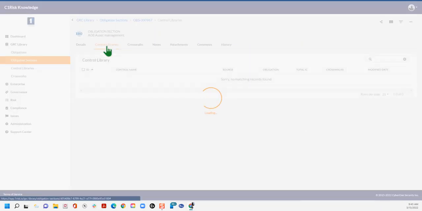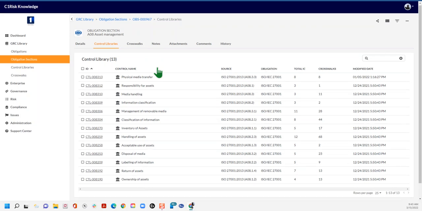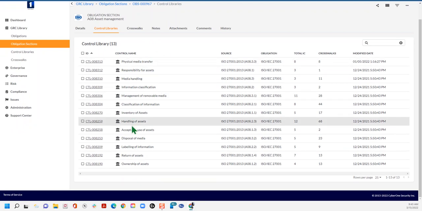And then as we go into the control libraries, you're going to see all of the different controls that are part of this section. And I like to do it like this just because it gives you a little bit more focus on these different control sets. So you can think about how you're managing your assets and what you need to do to be in compliance